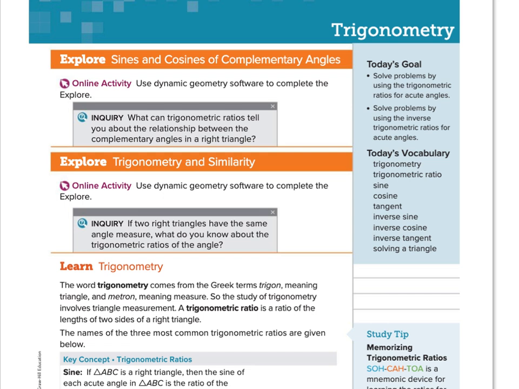And then solving for these values around the right triangle. It's not an extension of the Pythagorean theorem, but it allows us to discover and calculate length measurements with only one side and possibly an angle. So we want to solve problems using trigonometric ratios for the acute angles, and then solve problems by using the inverse trig ratios for acute angles. So as we look at this,